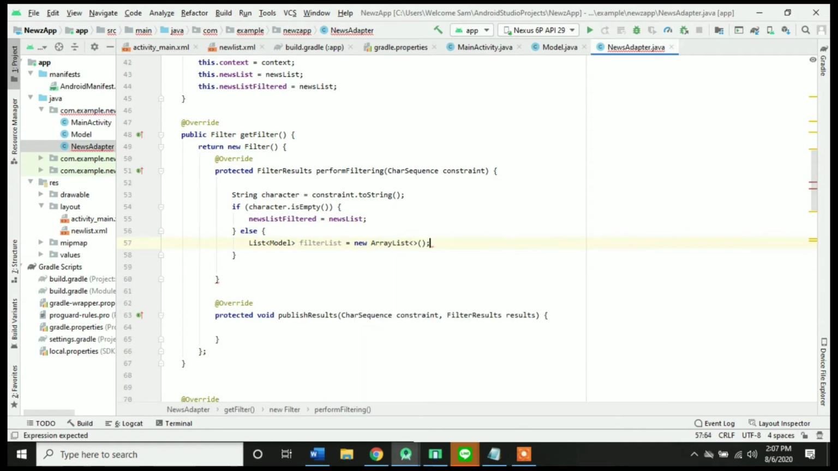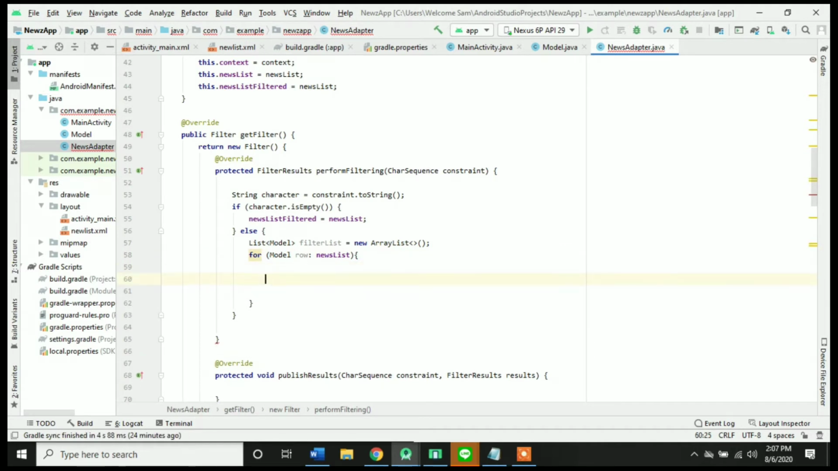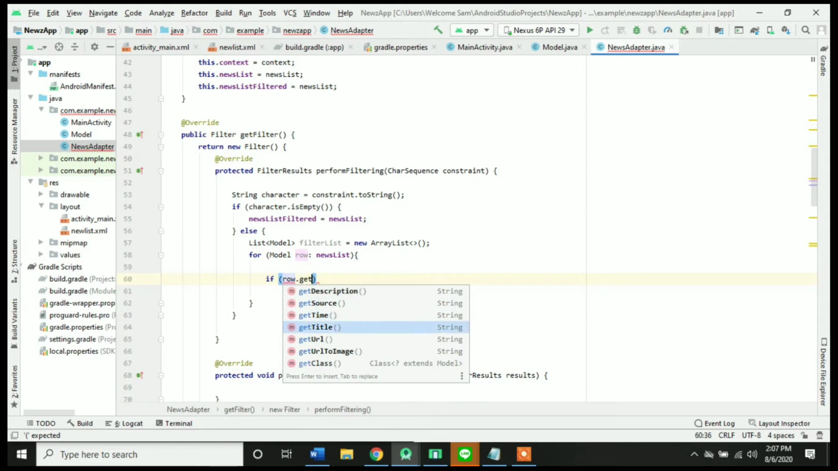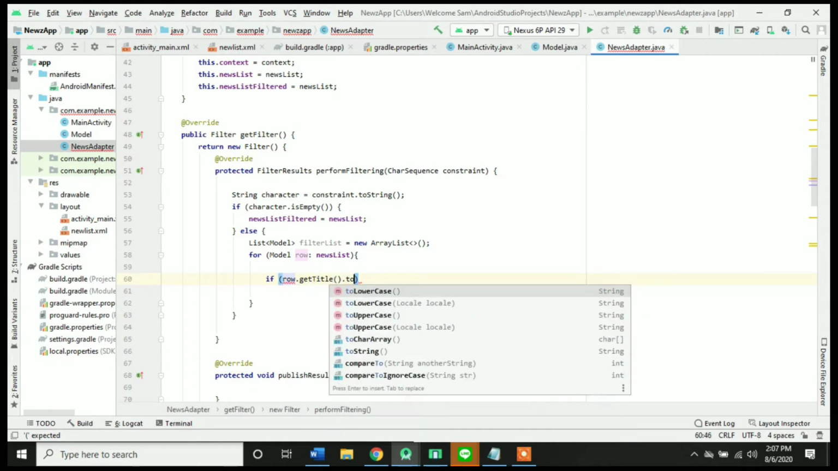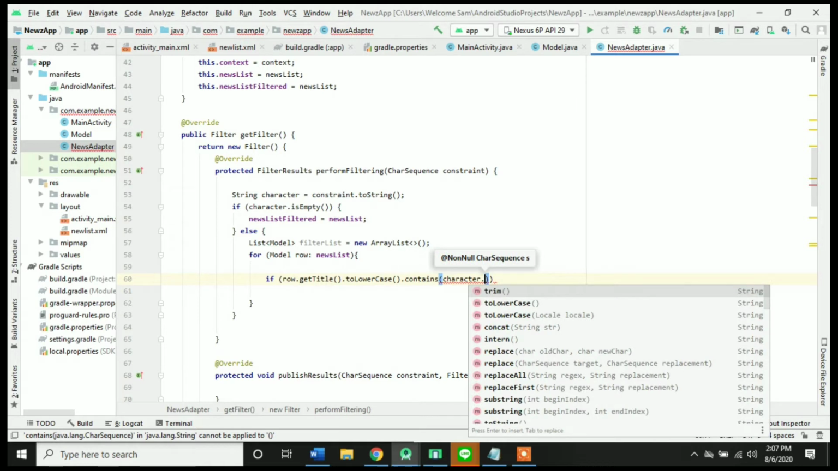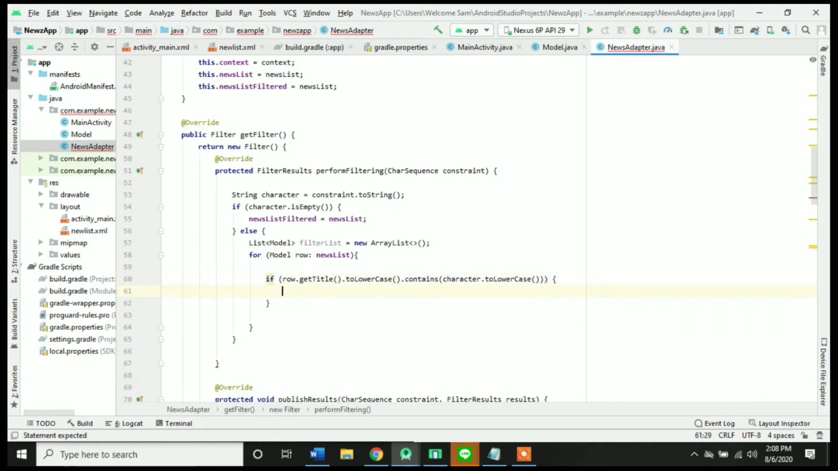So in order to get the right results, we're going to apply a loop here for row use list, and if row get title to lowercase contains character to lowercase, filter list add row,